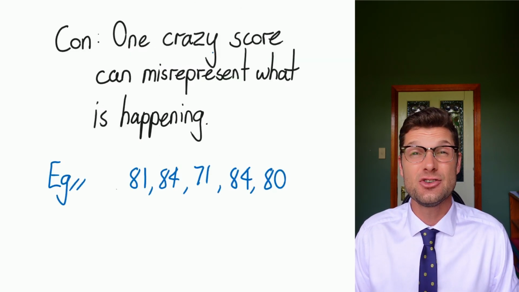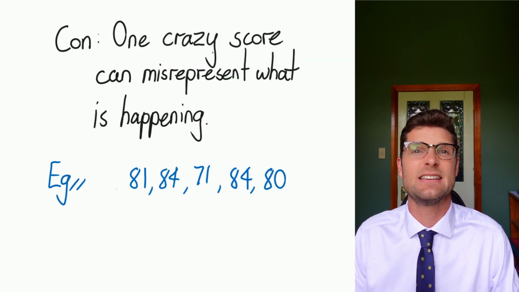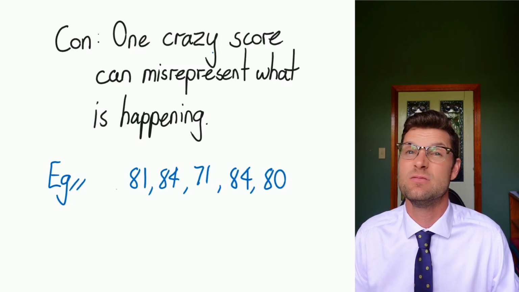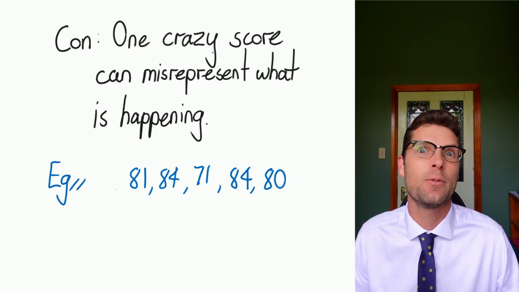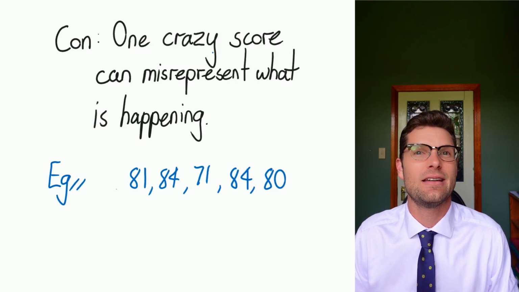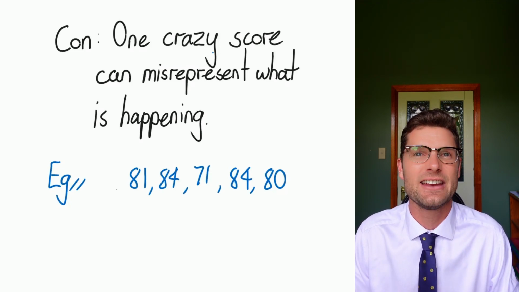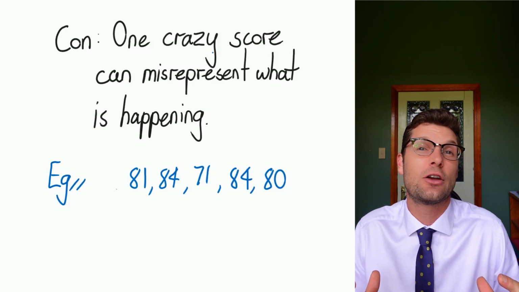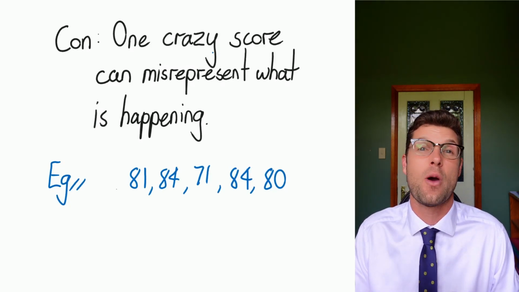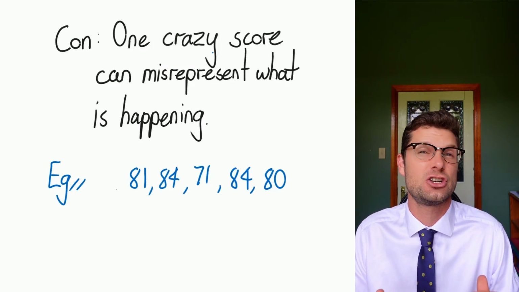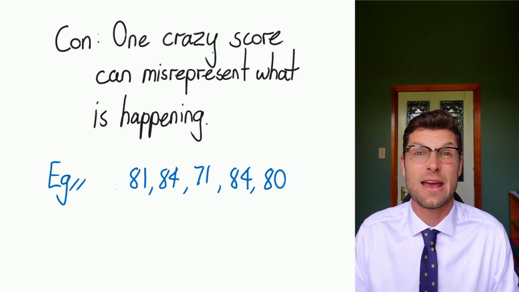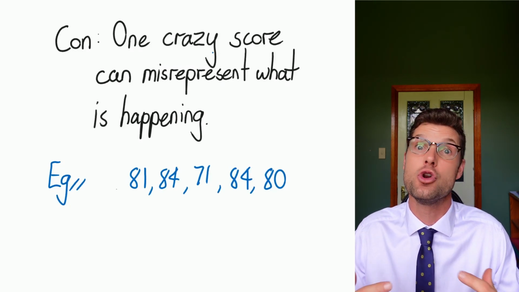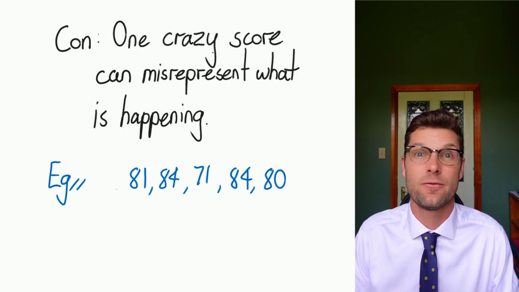But one of the big issues with this is that one score that is completely out of the blue, right? Maybe you were sick that day when we did the test, or maybe in cricket someone dropped a catch and you're terrible, and then you went on to make heaps and heaps of runs. So it could be out of the blue, a random circumstance that changes the outcome. And in this example, this doesn't represent what would normally happen. It's still accounted for in the mean.